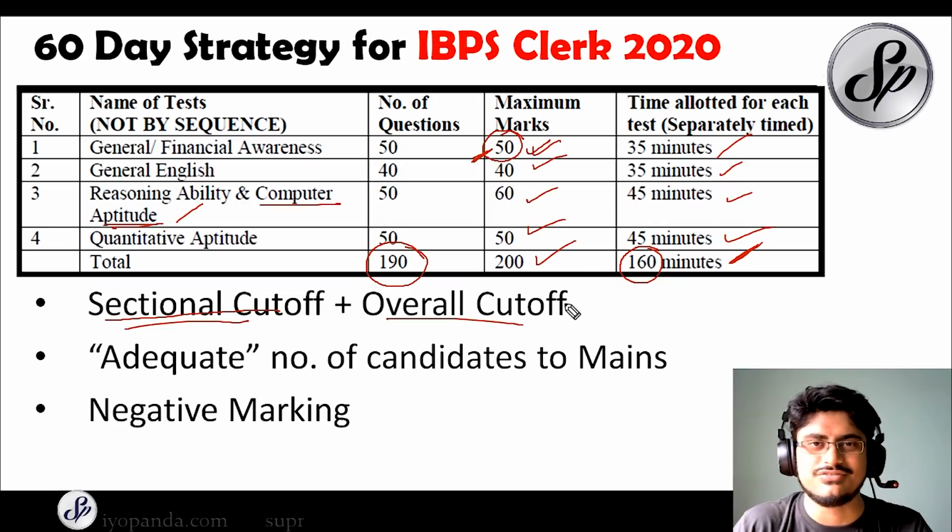So if you don't like to face the panel, this is a great exam for you. And of course remember another thing, that in the notification they have said that an adequate number of candidates will be selected for mains. Now many people are noticeably very worried about the low vacancies, and we talked about that